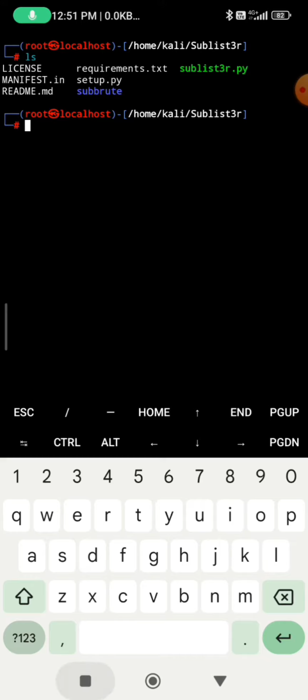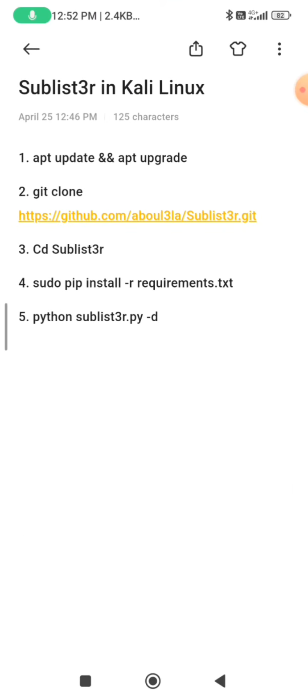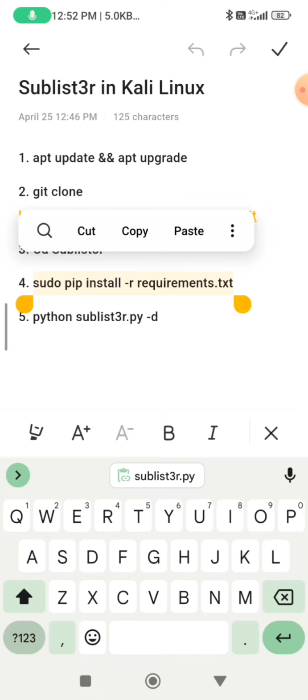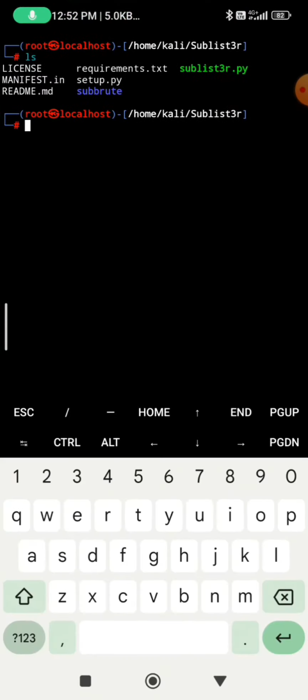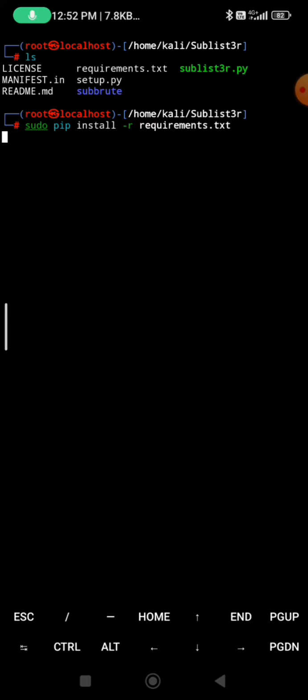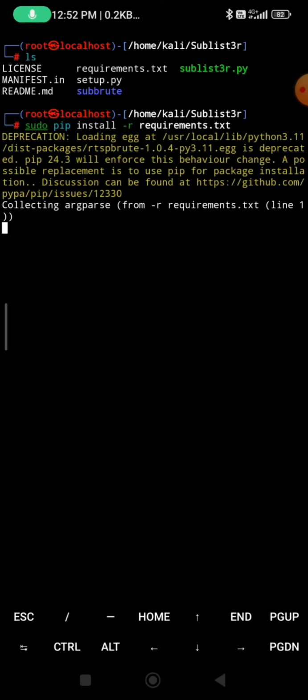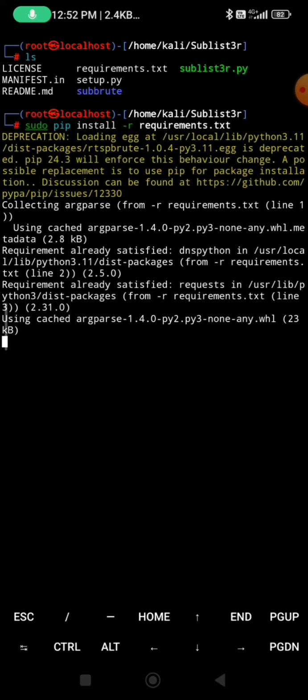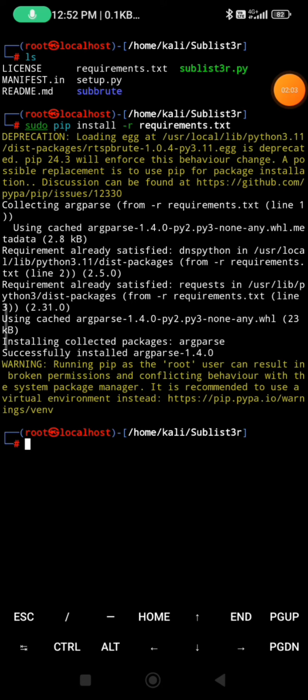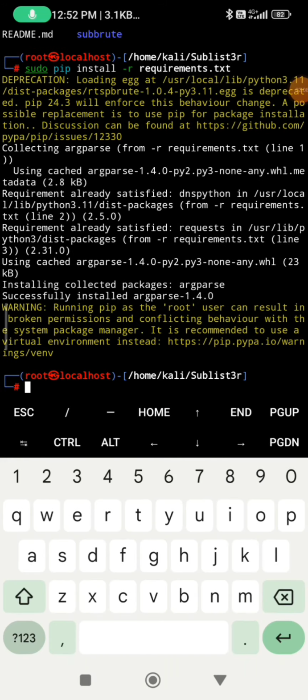So after that, copy the fourth command. It will install every requirement file of this tool. Yes, the installation is done. After that,